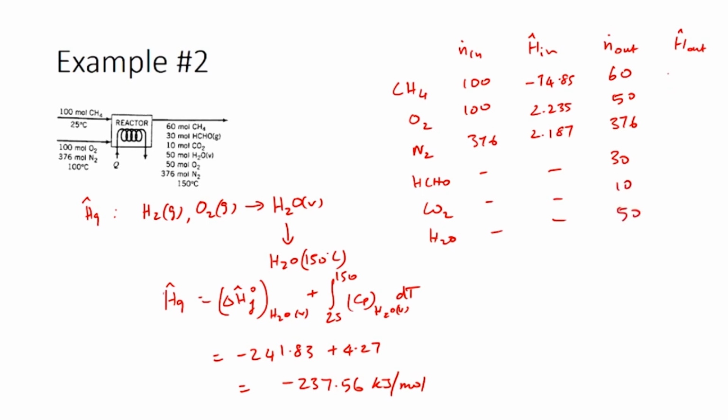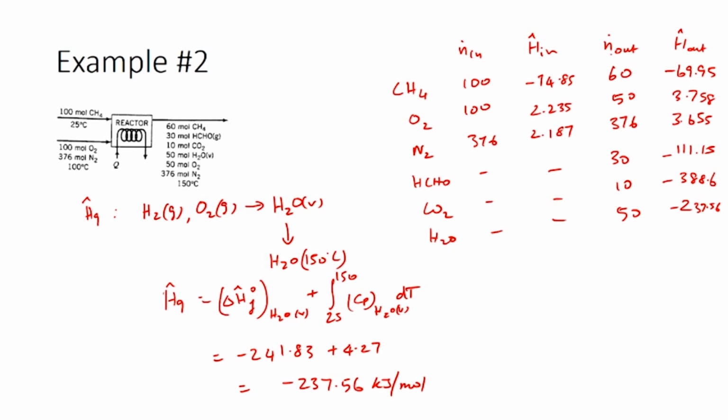So, these enthalpies would be minus 69.95, 3.758, 3.655, minus 111.15, minus 388.6, minus 237.56. So, now that we have this, the total enthalpy of the outlet stream can be calculated as the product of individual flow rates times the specific enthalpies and the summation of that,